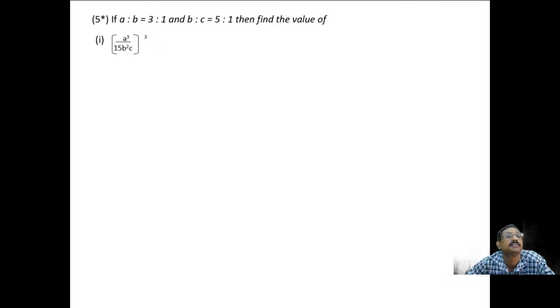Okay, children, welcome to this session of ratio and proportion. We'll start with the fifth sum. If A is to B is equal to 3 is to 1 and B is to C is equal to 5 is to 1, then find the value of